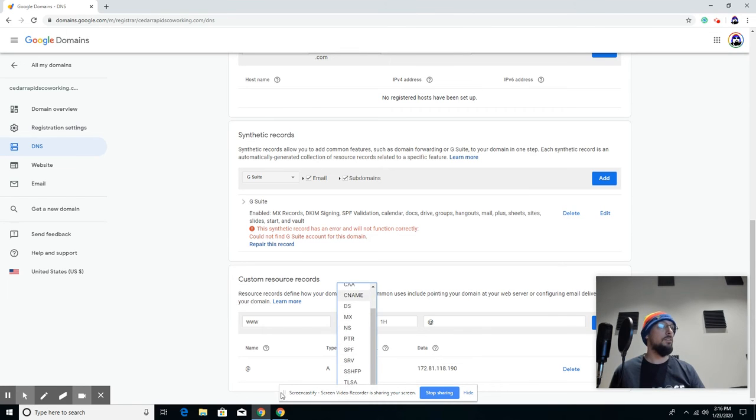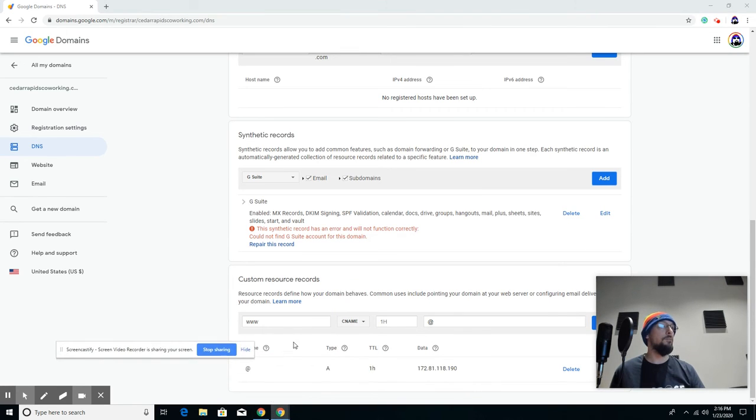I can't see it because this thing's in the way. Let me move this out of my way. There it is, very last one, TXT. They'll give you some big long thing to type in here. You just copy and paste the big long code and hit add,